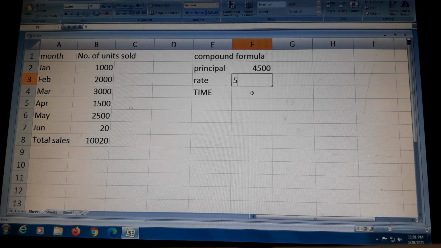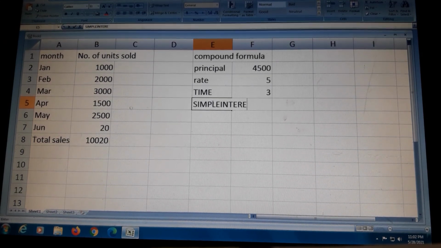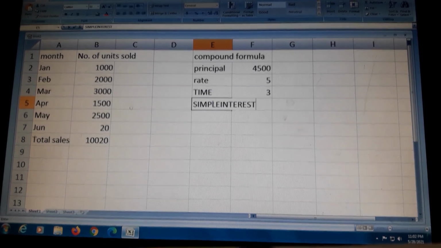No need to enter the percent sign, you only have to enter digits. Time is 3 years. Right, now you want to calculate the simple interest. Simple interest. Now